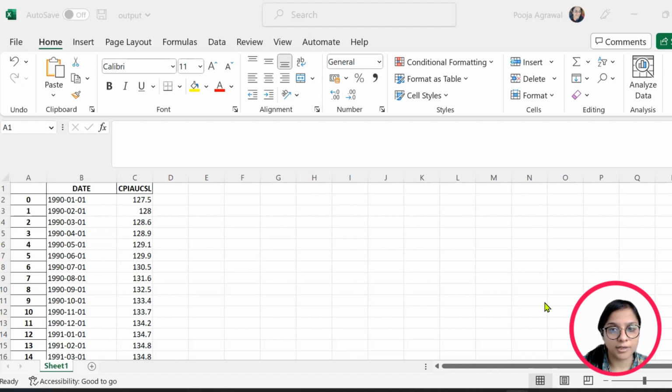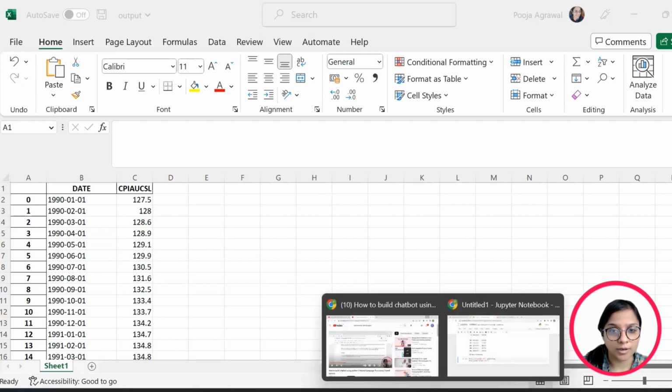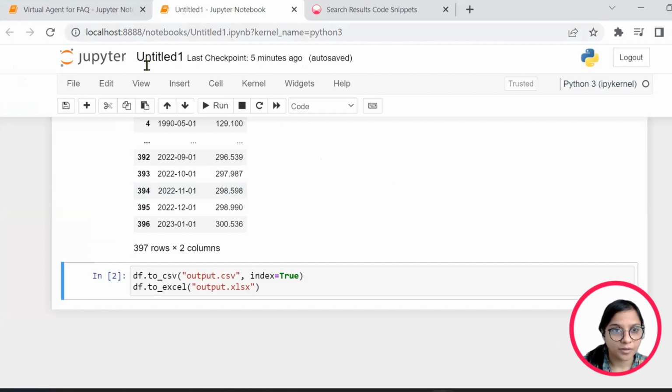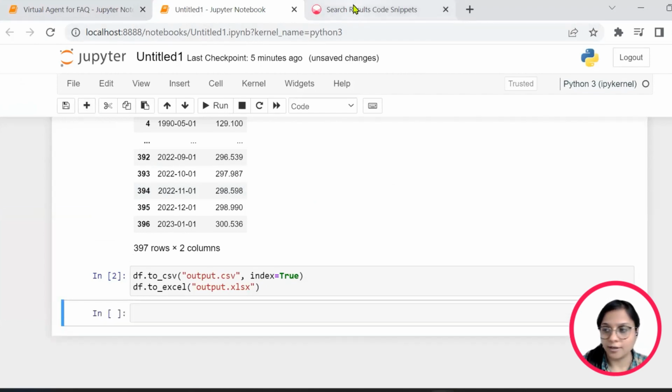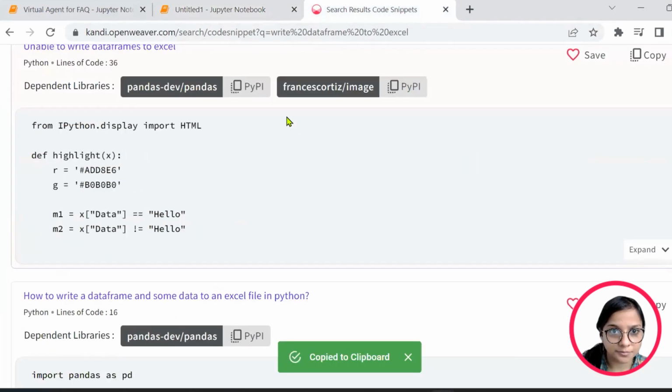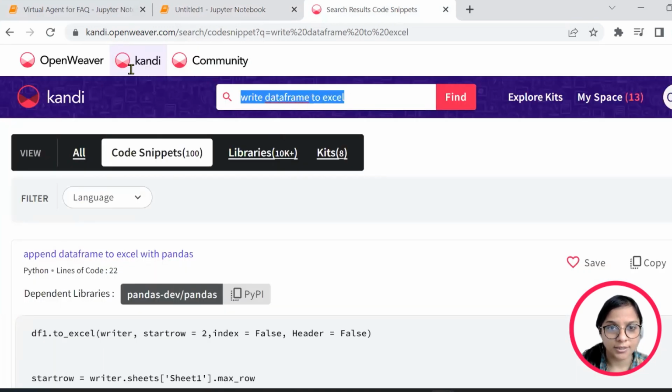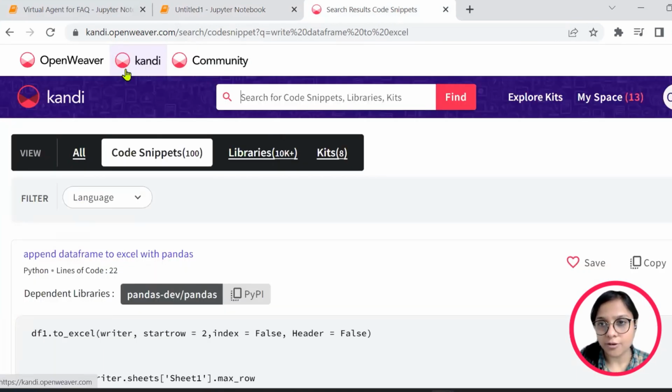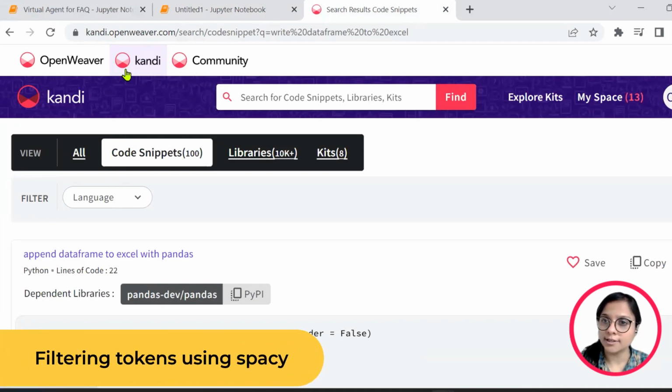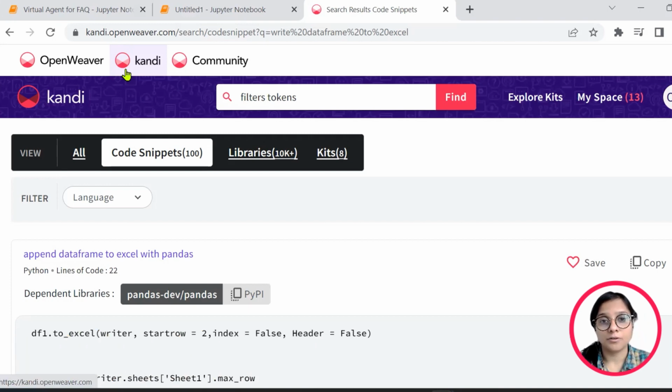Now quickly we'll go ahead and do another interesting exercise, where I'll have to filter tokens. So let's go ahead and make a search. What I would like to do here is filter tokens using a library called spaCy. When you are building your virtual agent or virtual chatbot, you're training it, you're actually using natural language processing. So another coding exercise that you can experiment with is filtering tokens